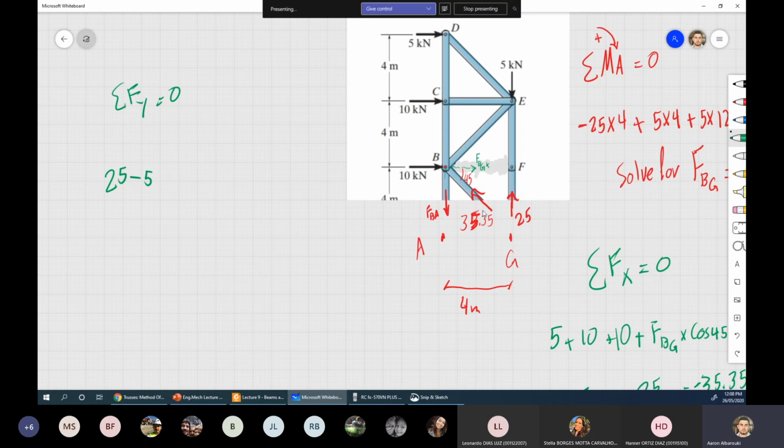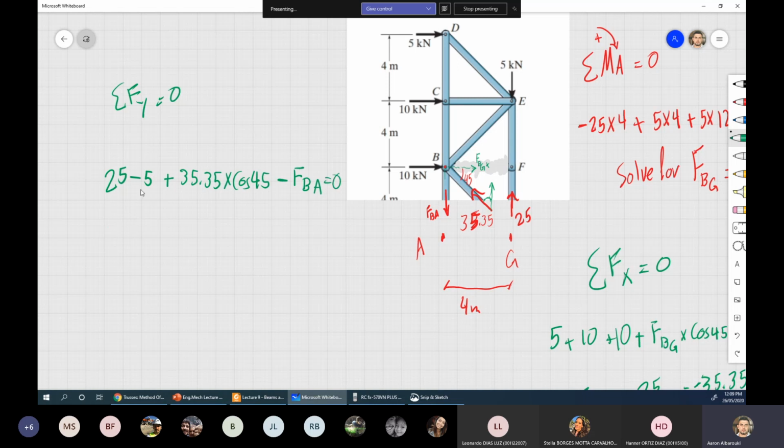And 35.35 here multiplied by cosine 45 again. That is 45 again, okay? So that's going positive, plus 35.35 times cosine 45. All of those, they don't count, so the 25, 5, we took that, 35.35 by cosine 45,